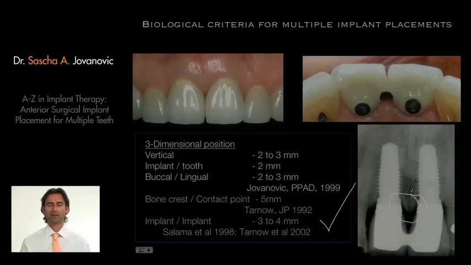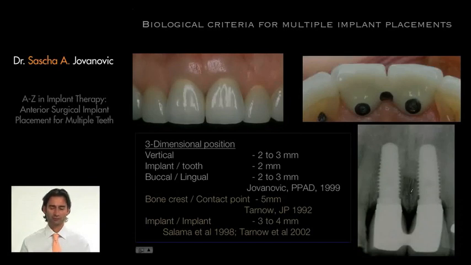This is what we call the inter-implant bone papilla. The space between two implants is the only thing we have today really which can help us to preserve good soft tissue